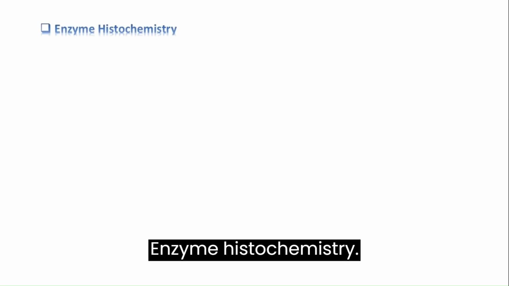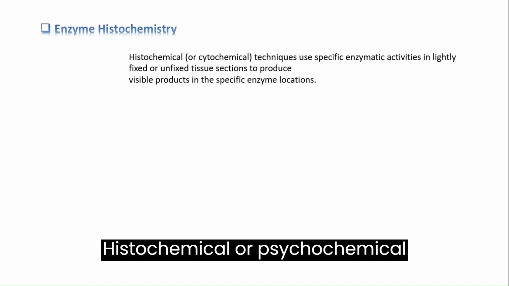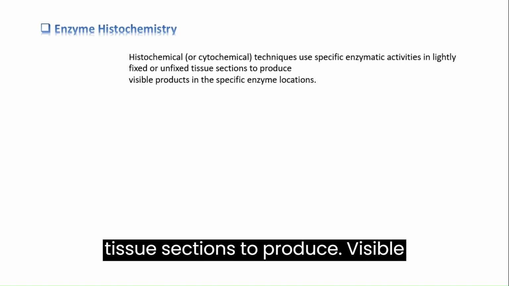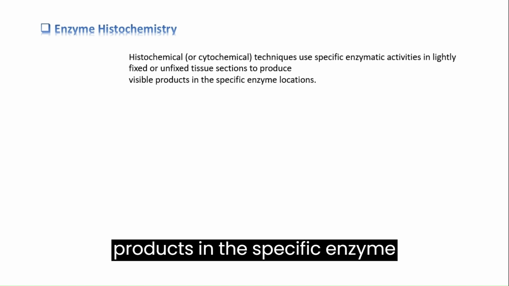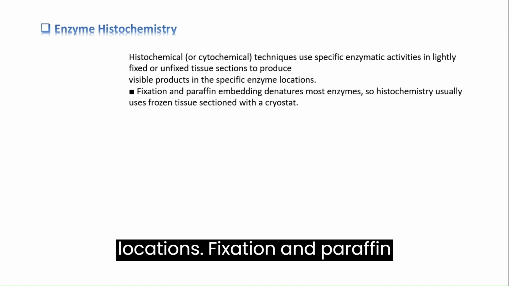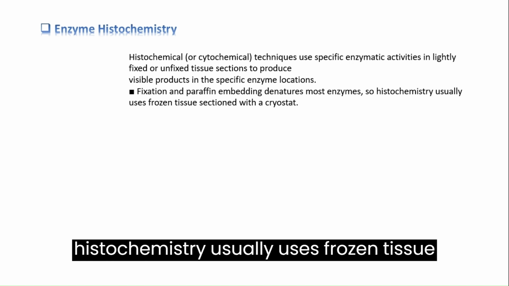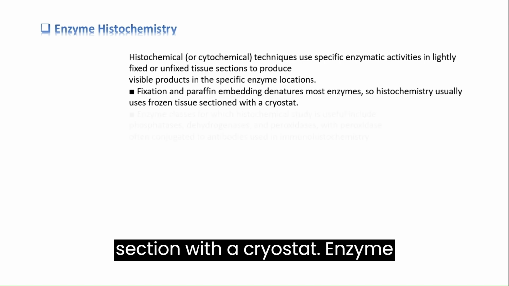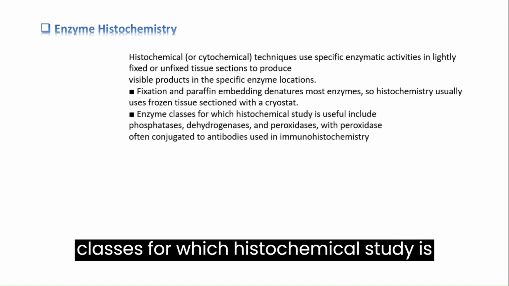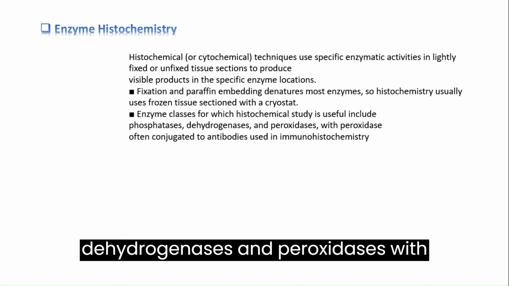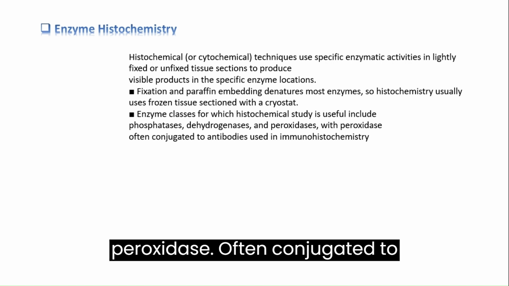Enzyme histochemistry. Histochemical, or cytochemical, techniques use specific enzymatic activities in lightly fixed or unfixed tissue sections to produce visible products in the specific enzyme locations. Fixation and paraffin embedding denatures most enzymes, so histochemistry usually uses frozen tissue sectioned with a cryostat. Enzyme classes for which histochemical study is useful include phosphatases, dehydrogenases, and peroxidases, with peroxidase often conjugated to antibodies used